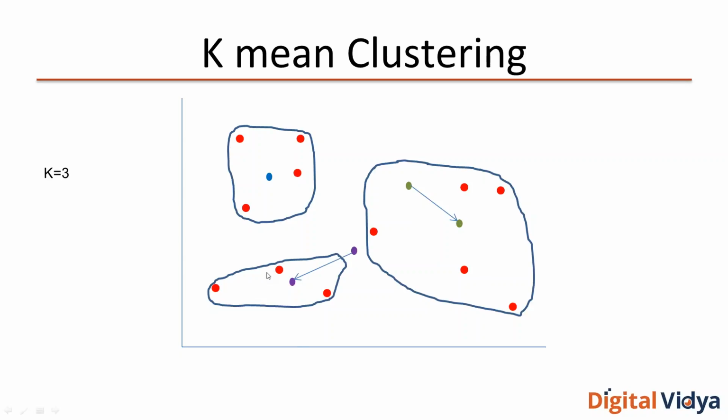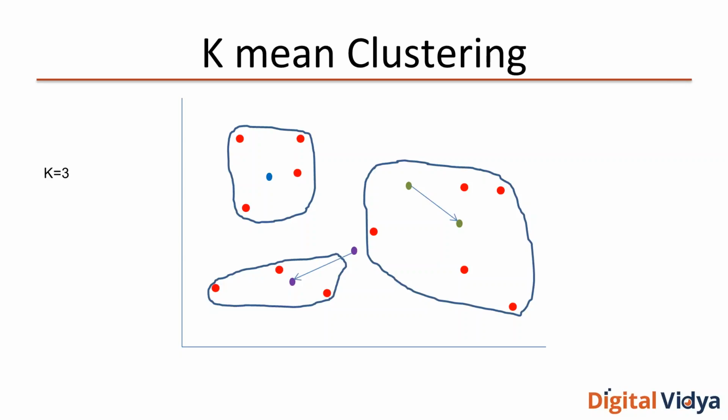And again, the points would be assigned to those clusters based on the distances from this new centroid. And this process will keep going till either of two conditions is met. First, while you are running the algorithm, you will say, okay, don't do more than 100 steps. So after 100 steps, it will stop. Or when the center stops changing. So if the centroid will not change anymore, then the algorithm will stop. So these are the two stopping criteria for the k-means clustering.